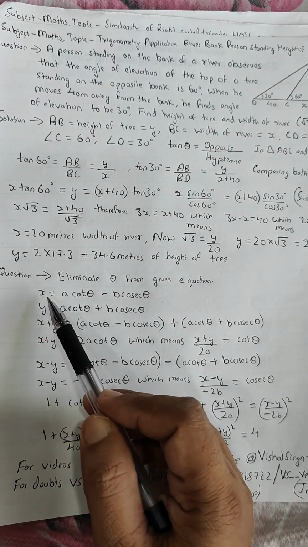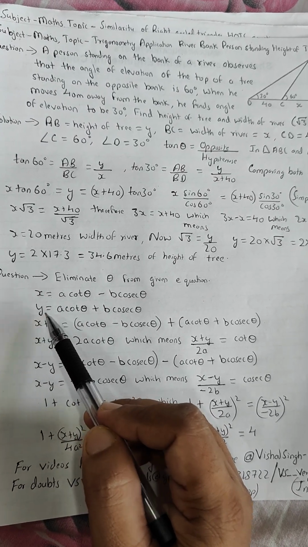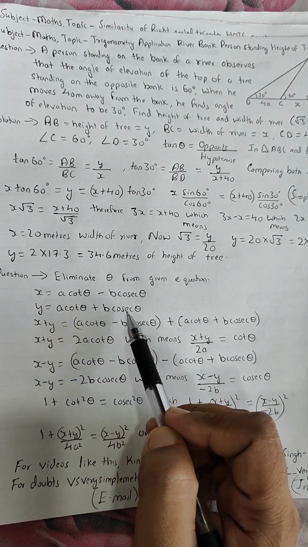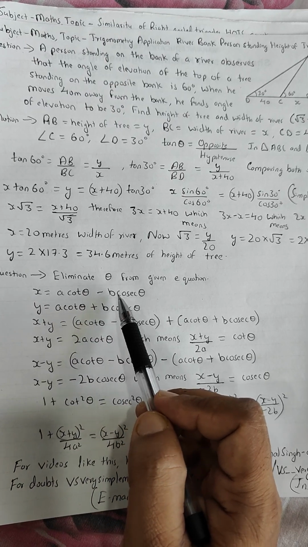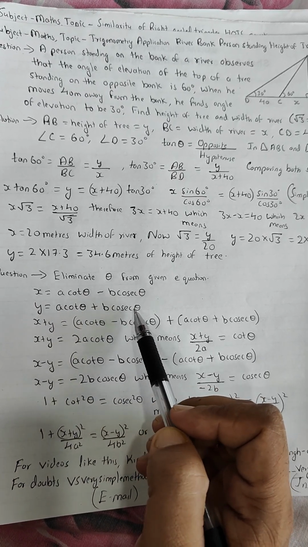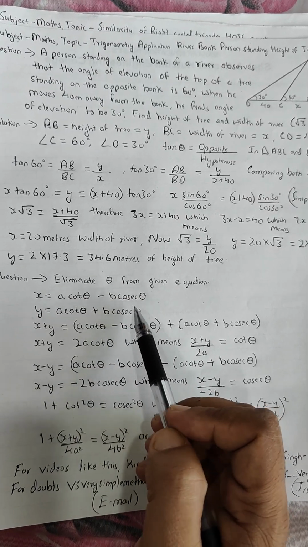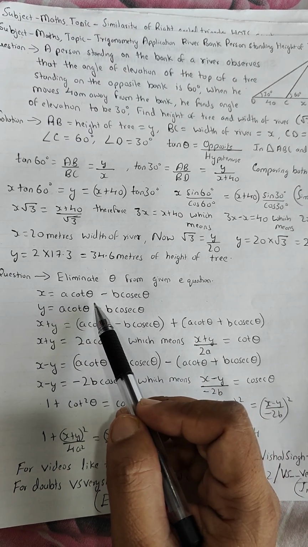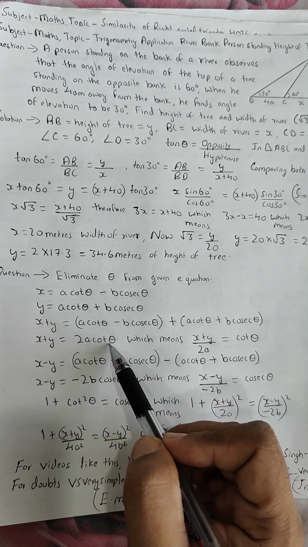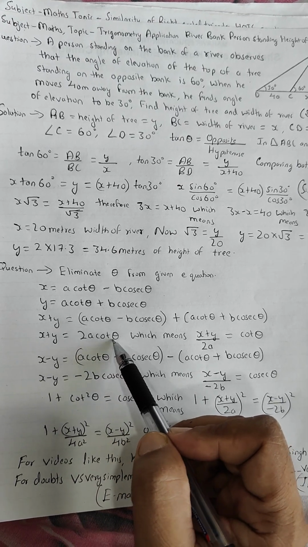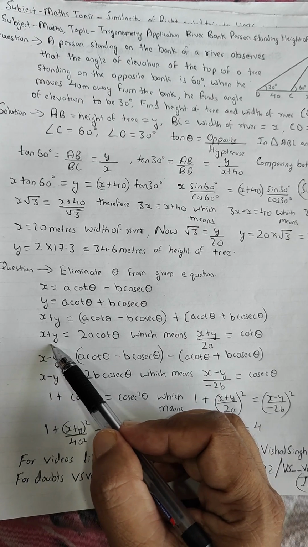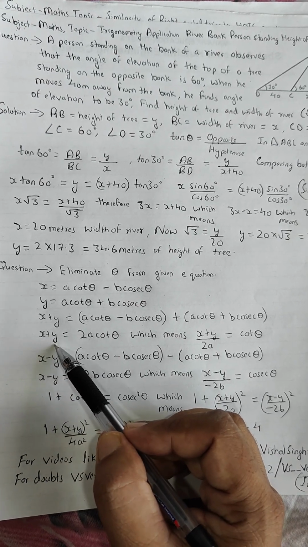x plus y. First I have added both of them. When you add, you will be adding a cot theta minus b cosec theta plus a cot theta plus b cosec theta. Now जब आप इसको add करते हो, this is minus b cosec theta and this is plus b cosec theta. This is same like minus 5 plus 5. Minus 5 plus 5 cancel हो जाते हैं. So both of these will be gone. What remains is a cot theta plus a cot theta, which is 2a cot theta, which I have written over here. Now in 2a cot theta, cot theta will remain as it is. 2a इसके साथ multiply हो रहा है. It will shift on the other side and this will be x plus y divided by 2a.